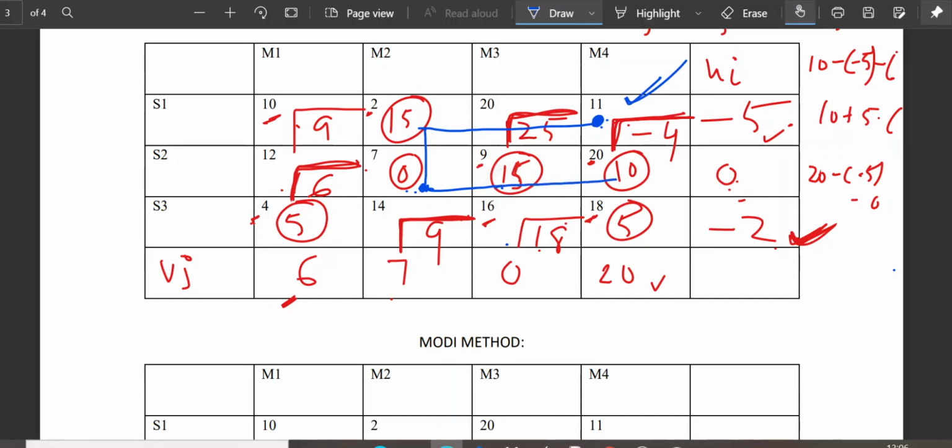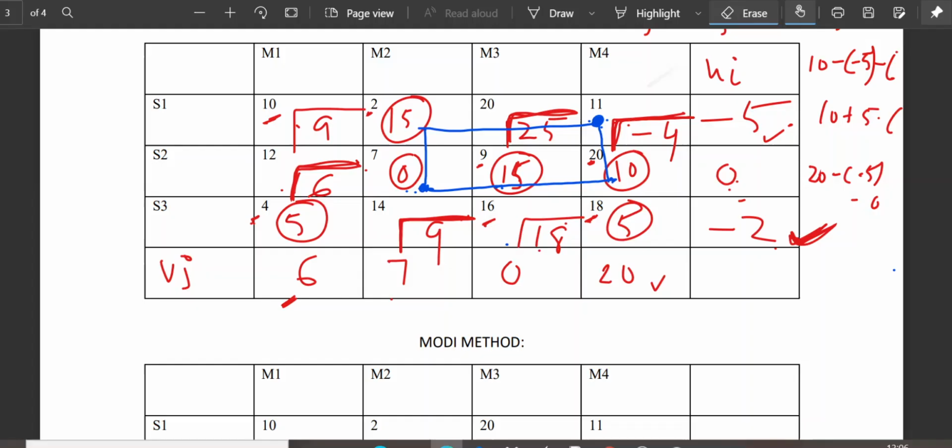I come here to 10. If anybody thinks that from 10 I can go to 5, yes, you can go to 5, but you cannot come back to the cell from where you started. So it is always good to move above, right? So this is how we can draw the loop from here.